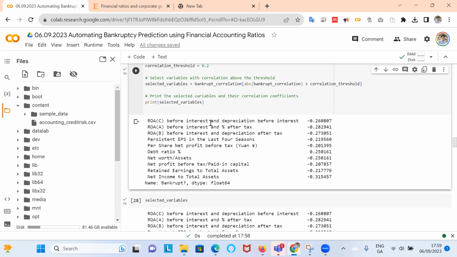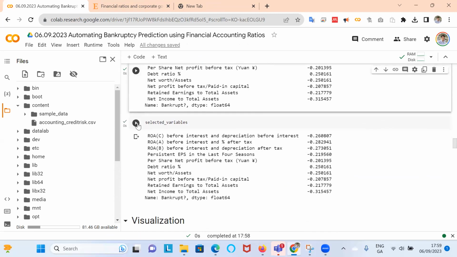So the higher the profit, the less likely you are to go into bankruptcy. Earnings per share is also a profit measure per share, net profit, something similar. Debt ratio: the more indebted you are, the more likely it is you're going to run into problems. I suppose if you've no debt, it's hard to go bankrupt. But if you have a lot of debt, you're likely to go bankrupt. So positive correlation exceeding 0.2, and the other figures look like profit figures.